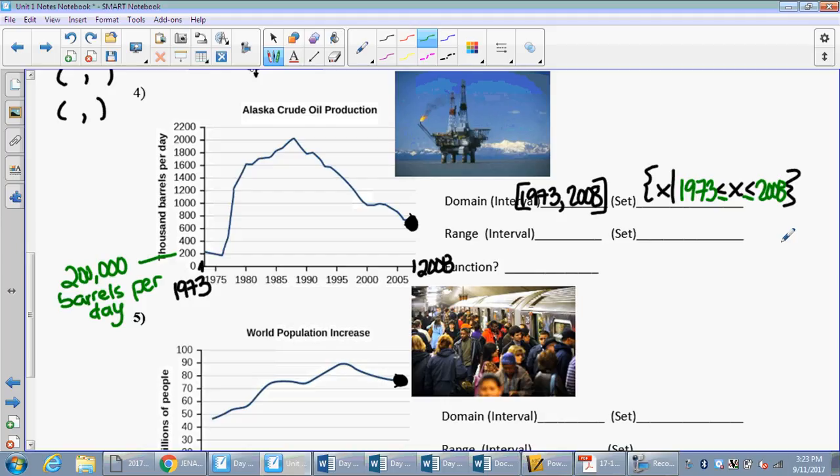Now let's look at our range, the values for the barrels, the number of barrels per day that's being produced. I look, and we could argue that that's maybe a little less than 200,000. If you put 200,000, I would be fine with that, or 200, since the scale is thousands per day. But if you put like 190, I would understand that. So you can either put 190, because that's a little less than 200, or 200. I would take either. Now, when I'm looking for this solid dot, let me make this a little clearer for where this dot's going to be. The dot's going to be right there. So if we trace that over,